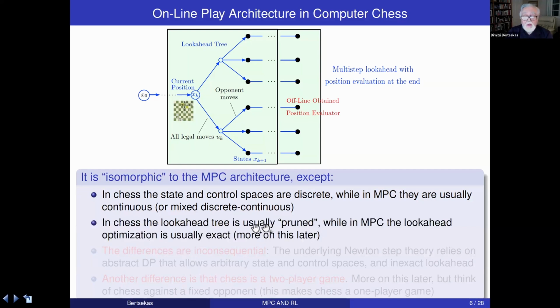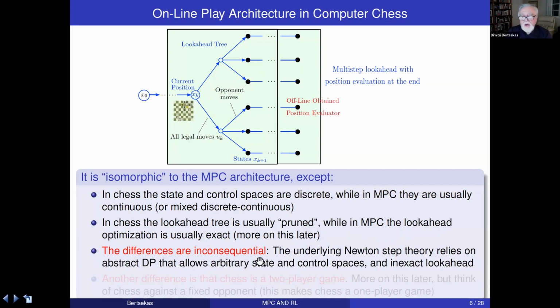In chess, the look-ahead tree is usually pruned, simplified for computational efficiency, while in MPC, the look-ahead optimization is usually exact. But these two differences, I will argue, are inconsequential, because they can be interpreted within the framework of a Newton step theory, which relies on abstract dynamic programming and allows arbitrary state and control spaces, as well as inexact minimization. Even though I'm going to focus on simple problems, everything that I'm going to discuss in this lecture generalizes